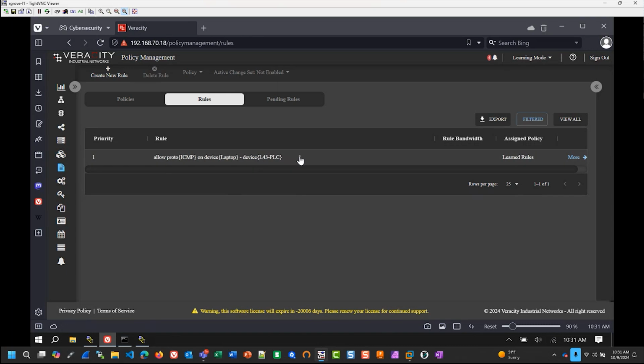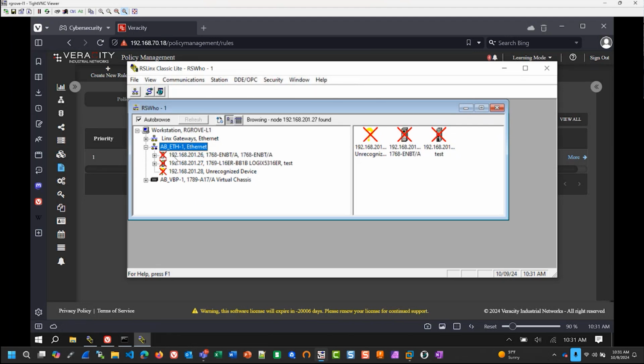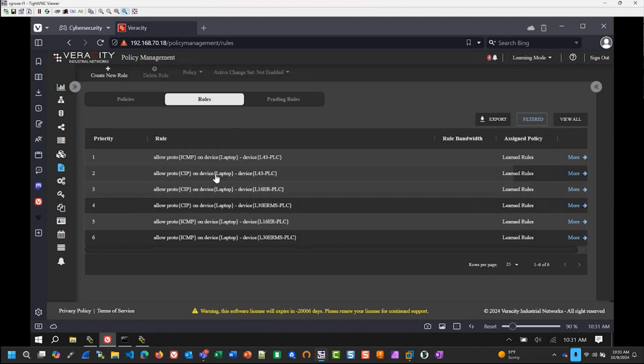And in a moment or two, the UI will catch up and it will show the policies for SIP, for the PLCs. So here they are, they're starting to come in. And I can see that it captured those devices. And then I can take it out of learning mode, go to operational, learn how to use my mouse. Go to operational, and now I've got policies in there for the traffic that was on the network at the time I did this, but nothing else. No other traffic is going to be allowed unless I go back to learning mode or I specifically add. And you'll note those were assigned to a learned rules policy. I can leave them in learned rules. I can move them. I can do all sorts of things with them. I can decide that I don't want